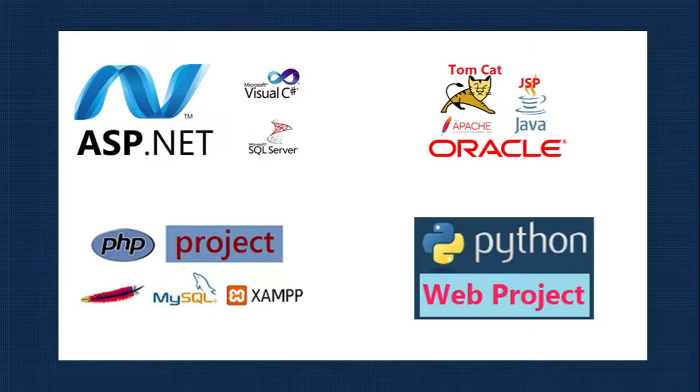Now let's go back and understand what technologies are available to make a web application. There are four major ones. One is ASP.NET, one is JSP with the Tomcat server, another is PHP with MySQL and the XAMPP server, and Python. If you want more, you have to go into each individually and figure out what the advantages and disadvantages are. Anyhow, in our channel we have provided almost all types of projects. We have ASP.NET projects, JSP projects, PHP projects, and Python projects. Therefore, we do projects in any technology. So please check out the videos in our channel.